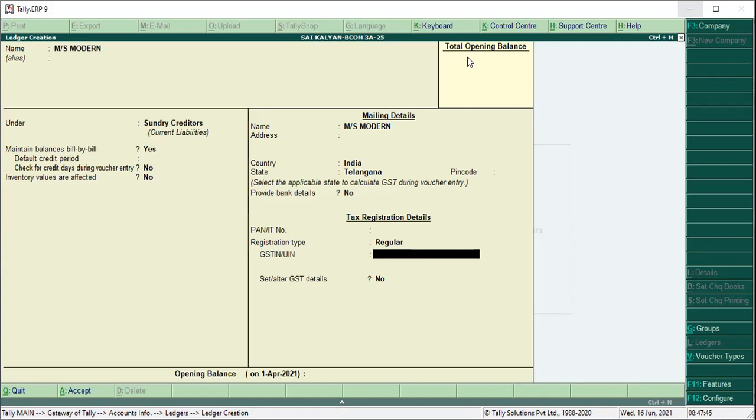So I'm gathering the information. Yeah, got the GST number.